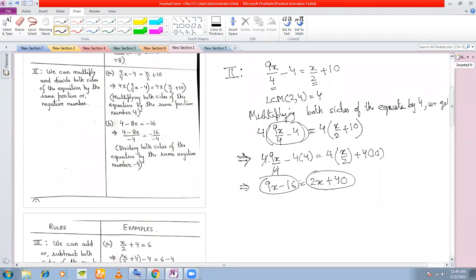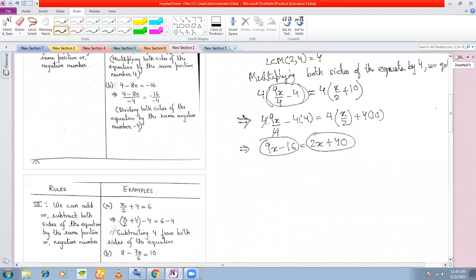By multiplying by 4. So that is, you can multiply and even you can divide both sides also by the same number. For example, let us say I have 4x is equal to 8, an equation. Now, how will I get the value of x? What I do is I divide both sides by 4.